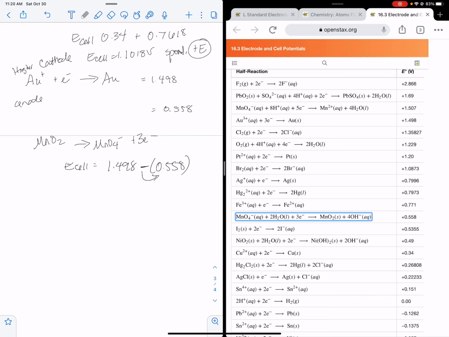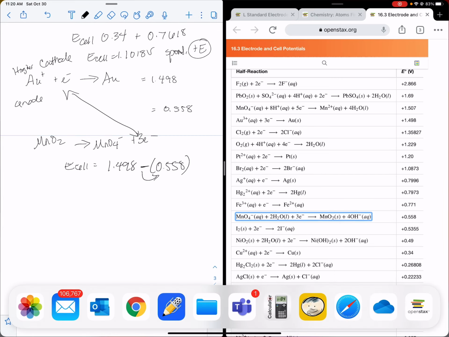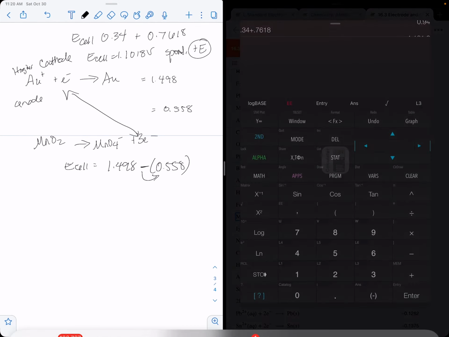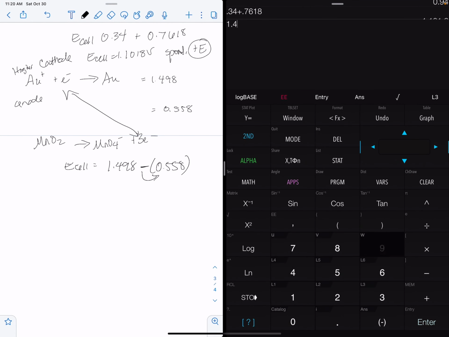And it makes sense because now the electrons are on opposite sides. And so our value for that is 1.498 minus 0.558. So that's 0.9